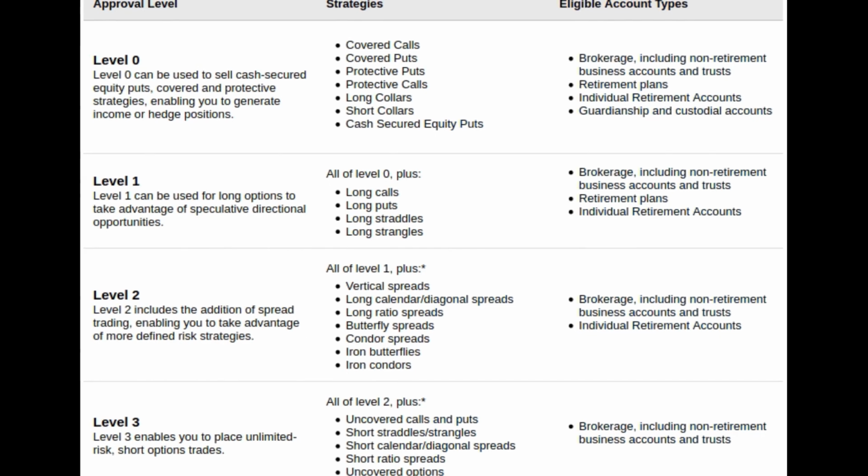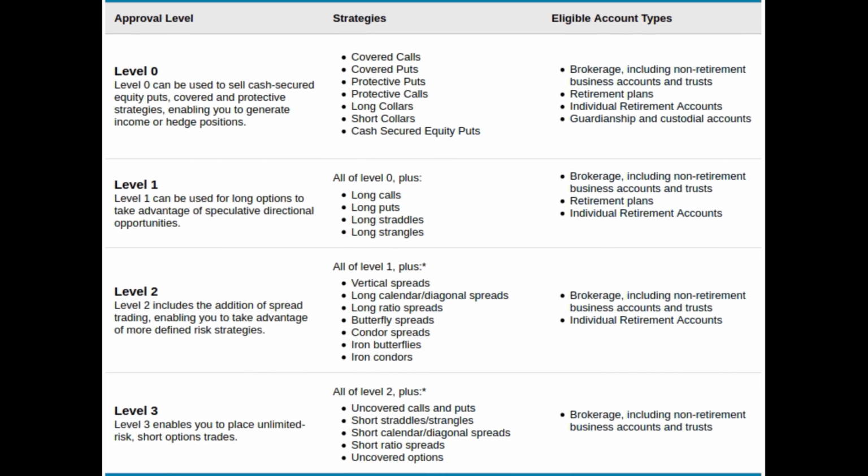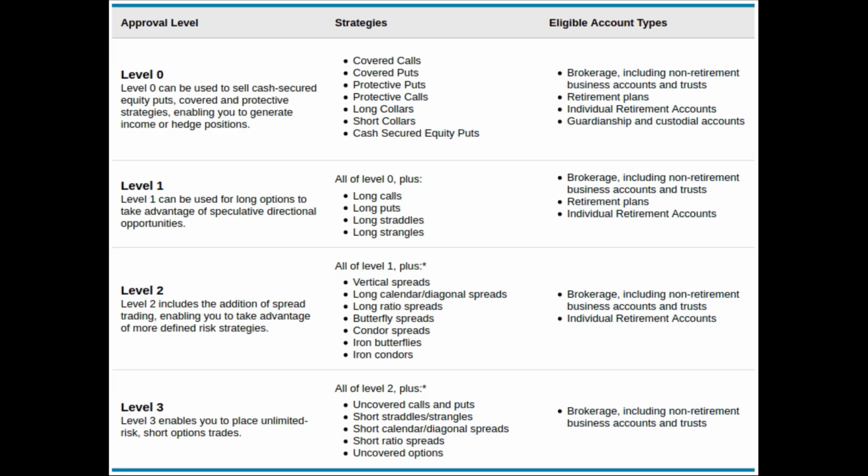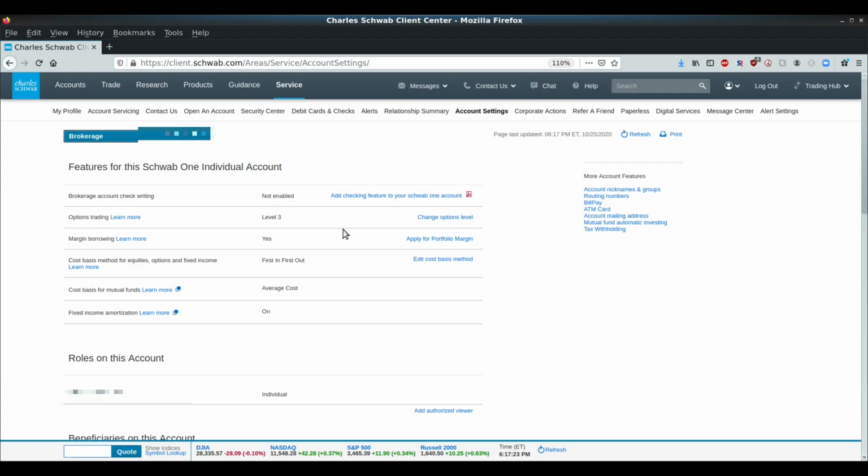Okay, and that allows you to do cash secured puts and covered calls, and that's all we really care about anyway. But because we're using portfolio margin here, we're going to be using advanced strategies, so that's the reason why they require level 3. Also, just a preface: if this is a retirement account, you can't get anything above a level 0 anyway. Now some brokers might call it level 1, Schwab calls it level 0. So just be aware of that. You can't open margin on a retirement account.